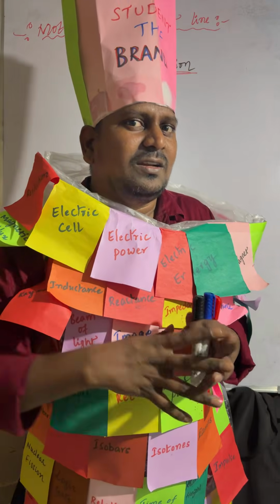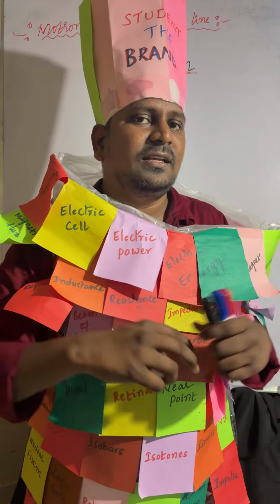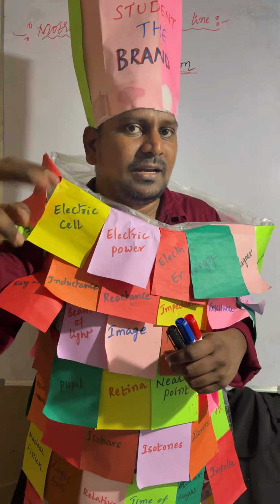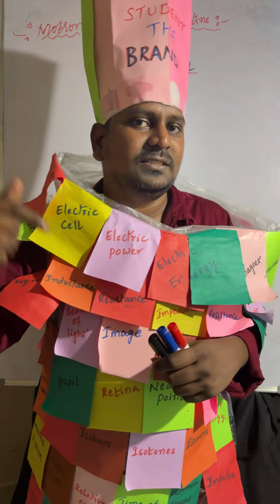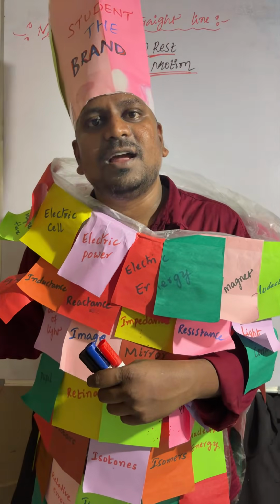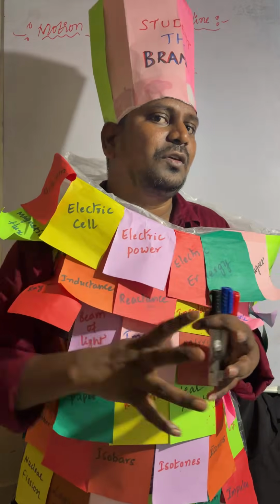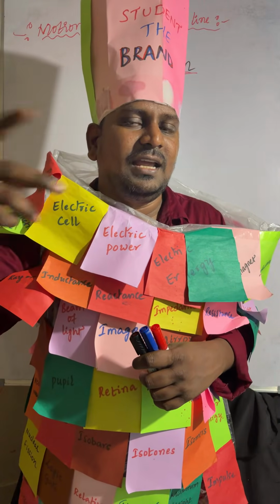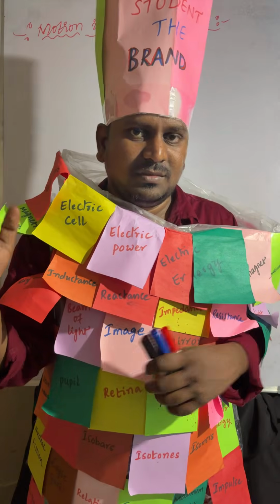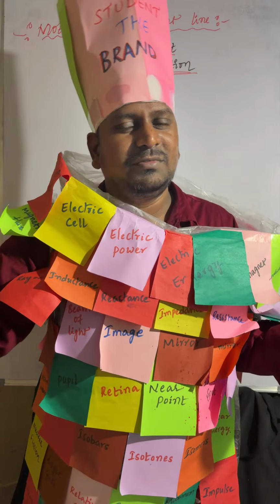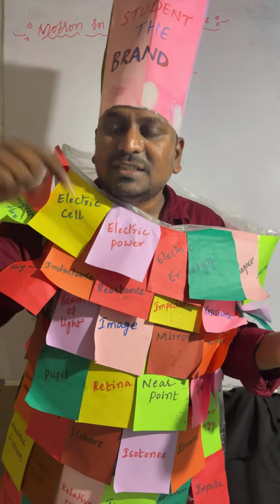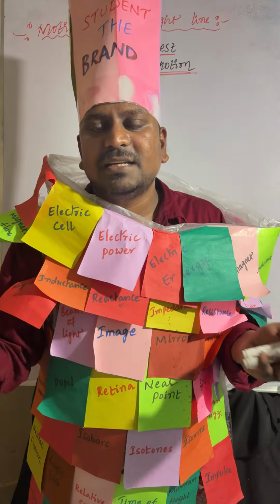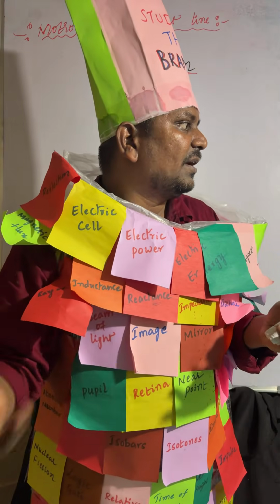One more person is there in the train. Best example: two persons are there in the train and one person is there on the platform. Persons A and B are in the train, and person C is standing on the platform and observing those two persons. So with respect to C, persons A and B are in motion. But with respect to A, the person B is in rest position because they are sitting nearby each other.